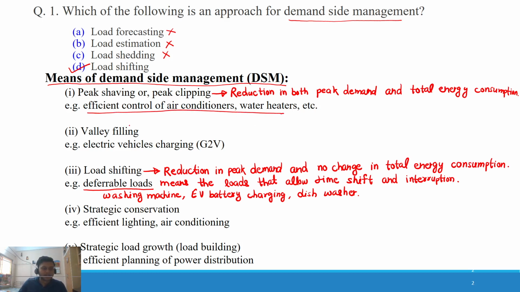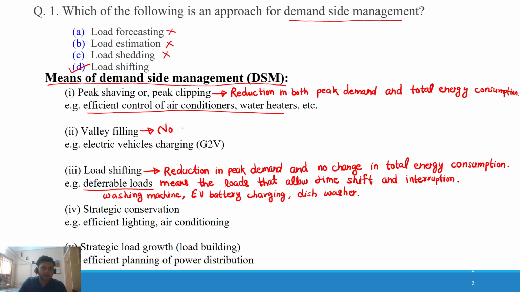And now valley filling. Valley filling means no change in peak demand but an increase in total energy consumption. We are filling up the valleys that occur in the load curve, so we have to increase the power demand at that time, at off-peak hours. For valley filling, you can write that